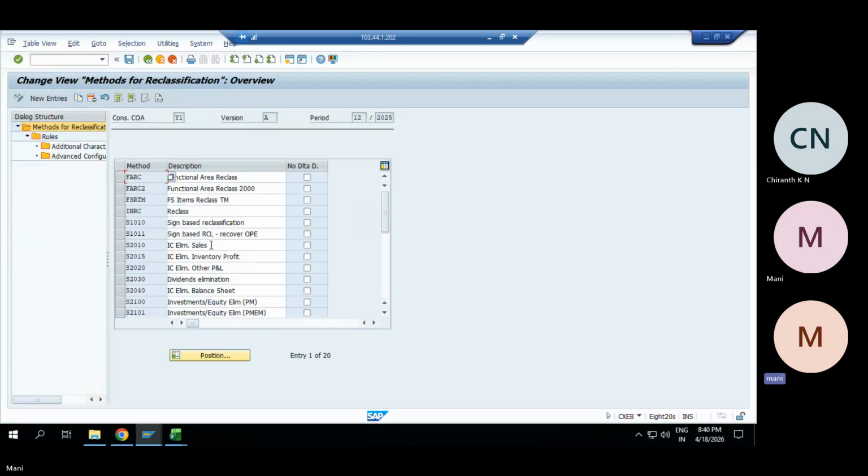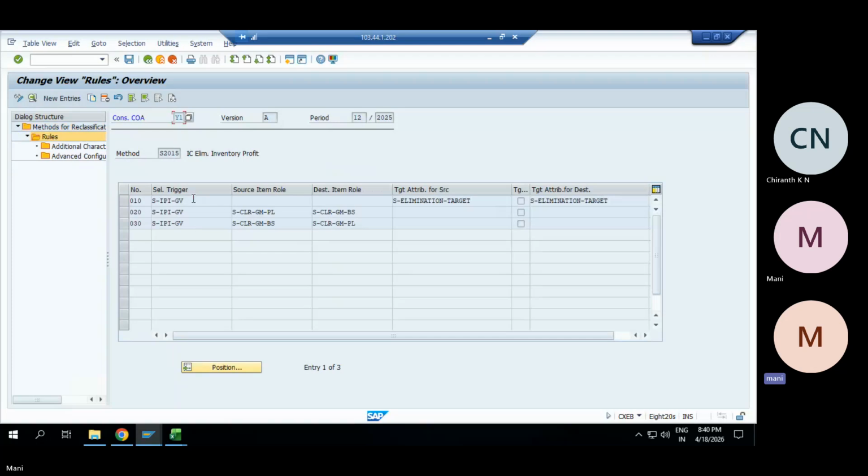Okay. Intercompany elimination sales, intercompany eliminations, balance sheet. So then we define the rules. Rules, I'm saying this is my trigger. Okay. When I say trigger,